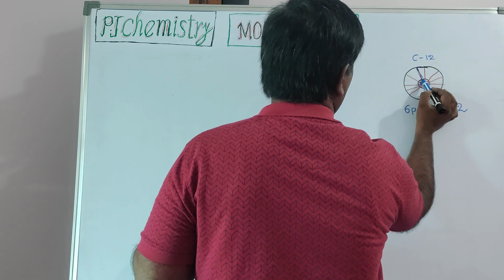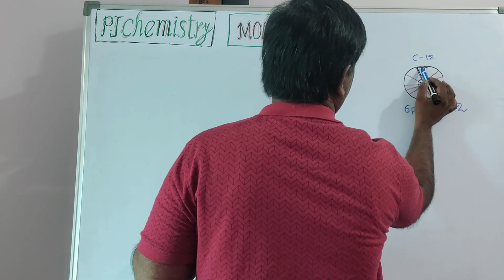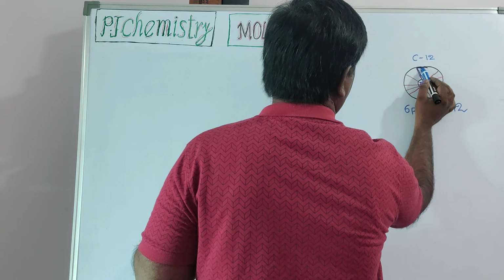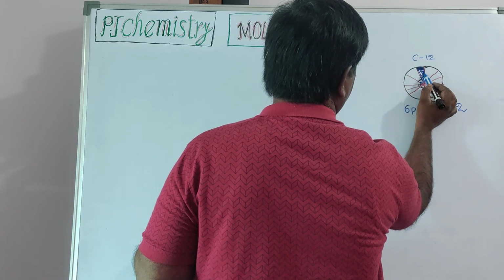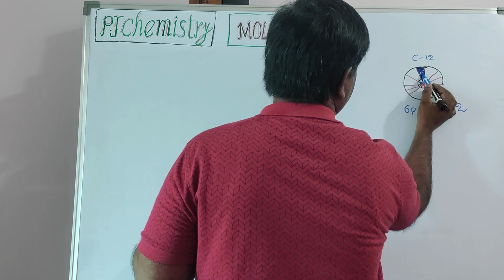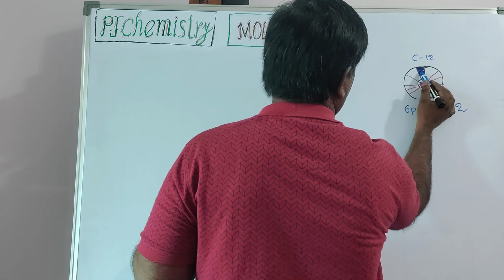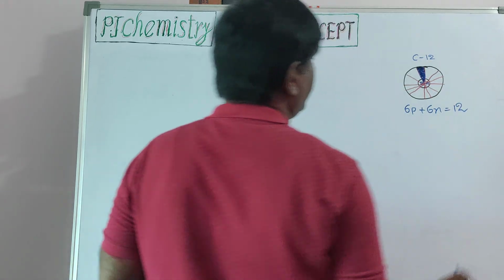Out of 12, 1 unit. One by 12th part unit. In these 12 parts, just 1 unit we are considering as